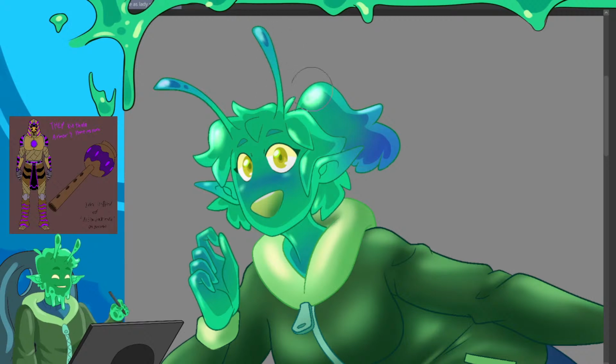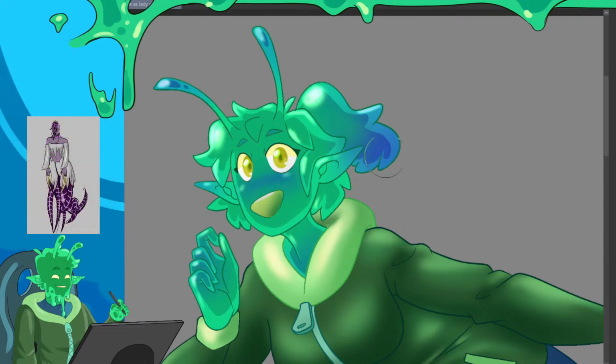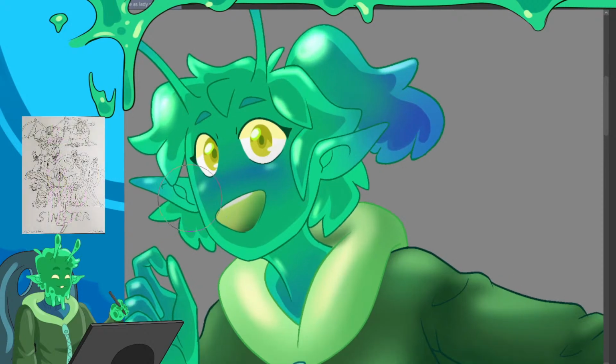So sometimes if you have a layer with white line art underneath a layer with colored line art, the white peeks through and it looks kind of weird. So I just have to color it black underneath. And that happened because I accidentally filled the line art with white when I did the eyes.